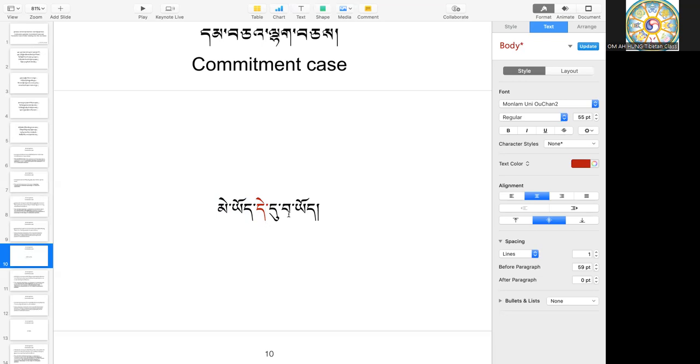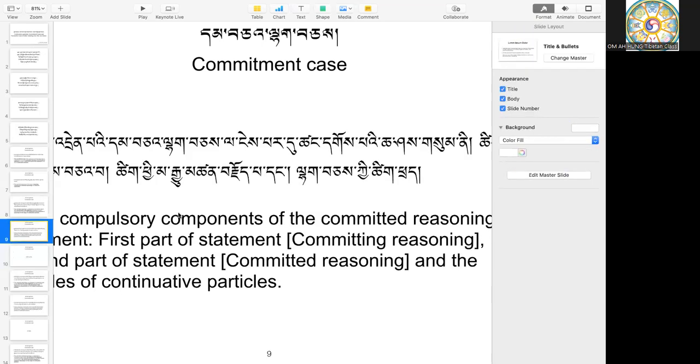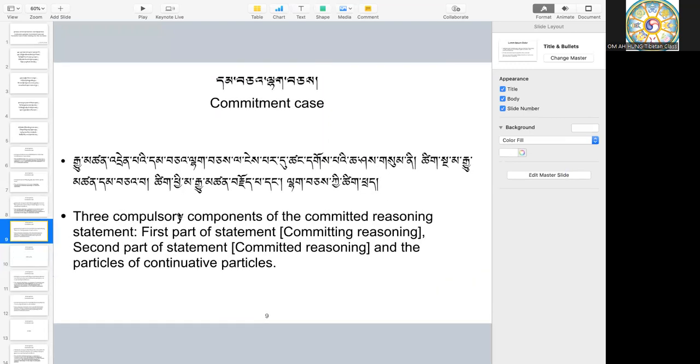This type of statement, in which a particular claim brings a reasoning as the second part of the statement, is known as commitment case, committed reasoning, or commitment of reasoning. Now the commitment of the reasoning,